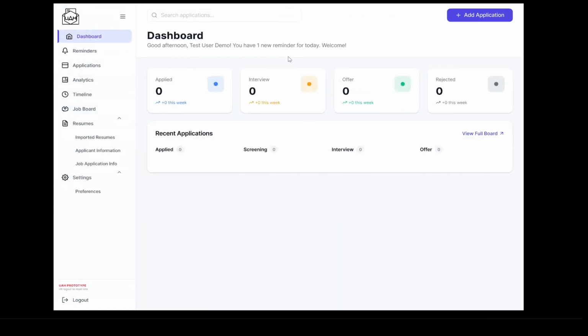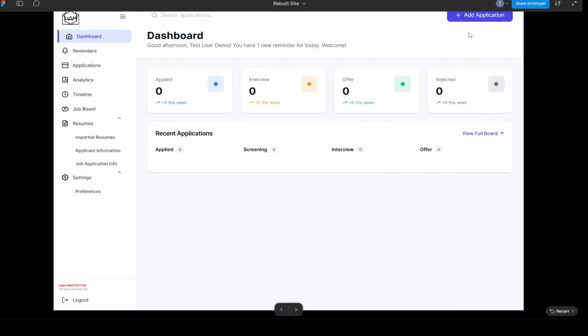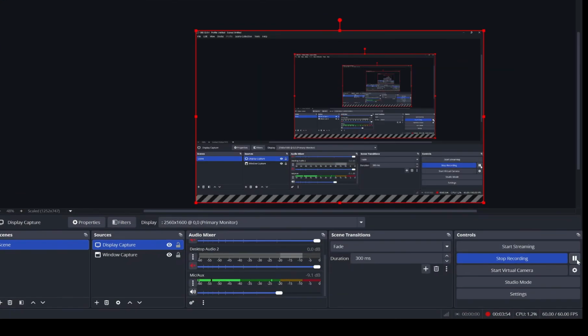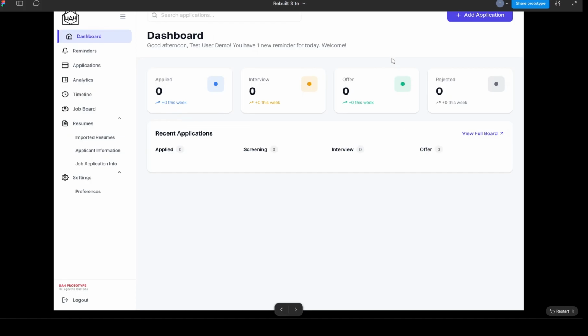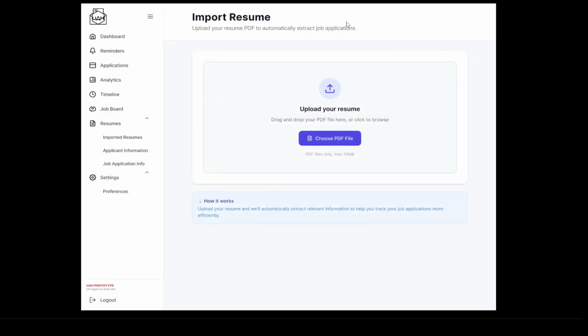One of the major features of the Unified Application Hub is that we want to allow users to import their resumes with the Quick Apply feature in the long run. So therefore we have created a system where you can add this, probably should say add resume, but here we go. You click it, it brings up import resume, and this is what it would look like in the actual